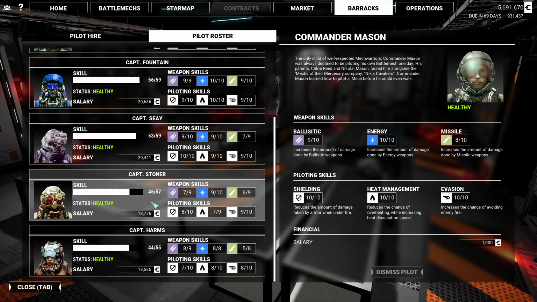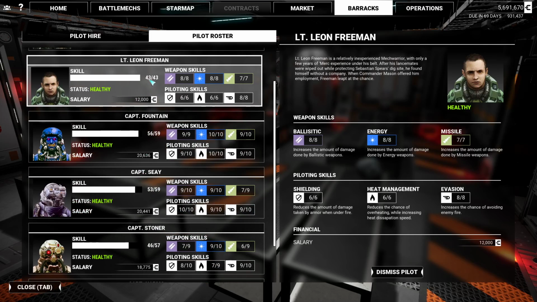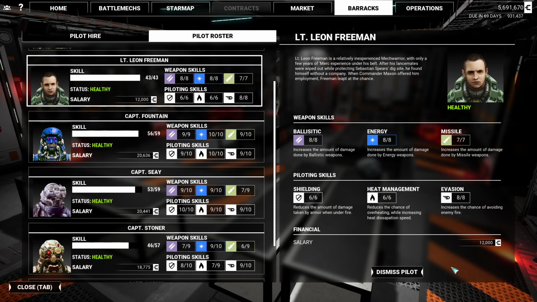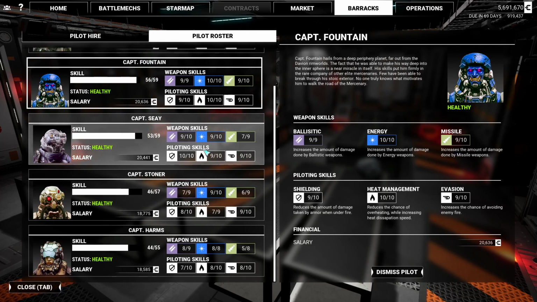You will look at your characters and see what their current skill is. We have Lieutenant Freeman here with 43 of 43. And we have plenty of pilots that are just better. So we're going to fire old Lieutenant Freeman. And we are going to hire...